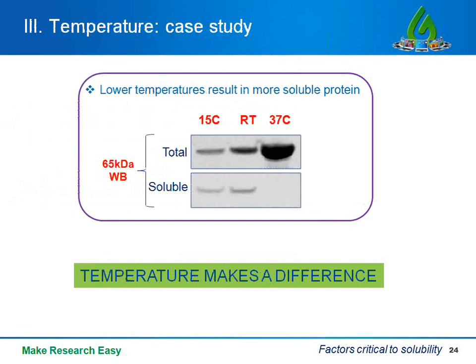Temperature. So one way to reduce the rate of protein synthesis in order to obtain soluble protein is by reducing the temperature during induction. Typically, we prefer around 15 to 18 degrees Celsius from a few hours to overnight, irrespective of what inducer you use. And in this image here, you can see how total recombinant protein is being made at 3 different temperatures, 15 degrees, room temperature, and 37, as detected by Western blot. But the protein is entirely insoluble at 37 degrees Celsius.